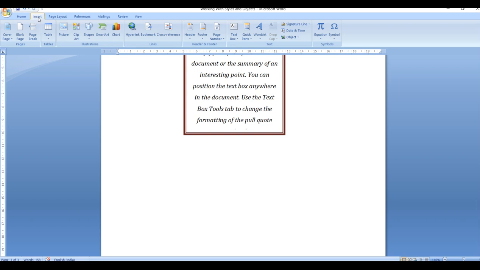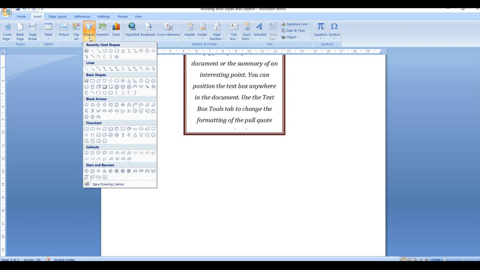You will always go to the Insert tab, because the name itself means you are going to add something in your document. After clicking on the Insert tab, just go to your Shapes option. As you click on the Shapes option, you have different varieties of shapes present.